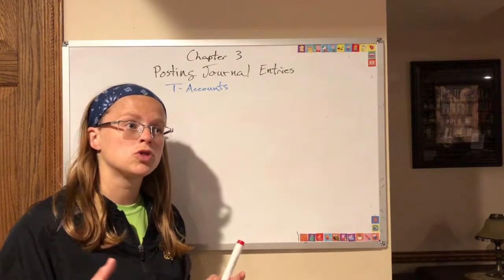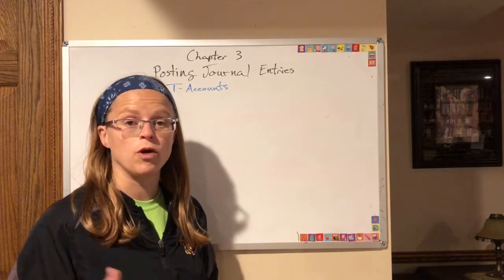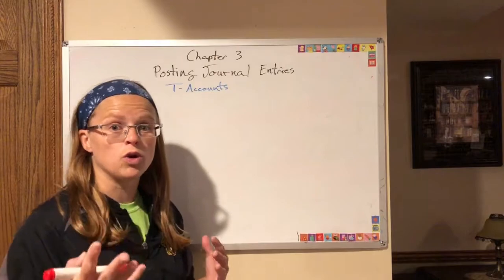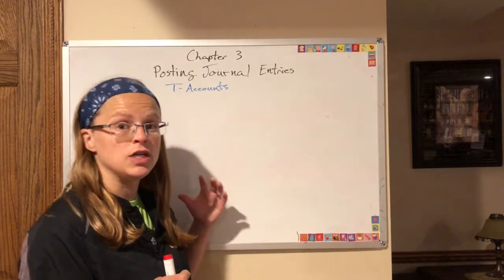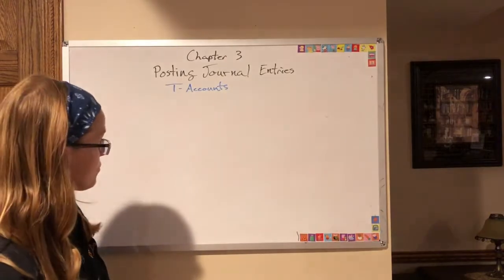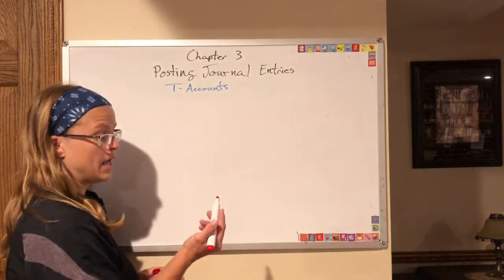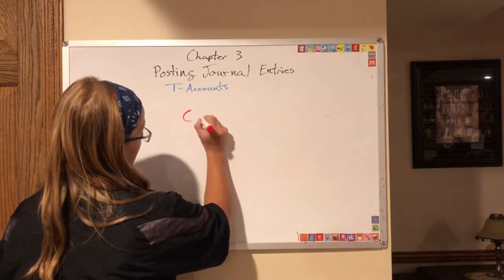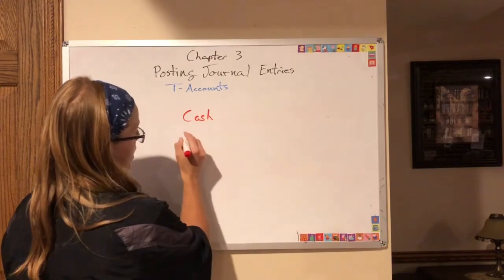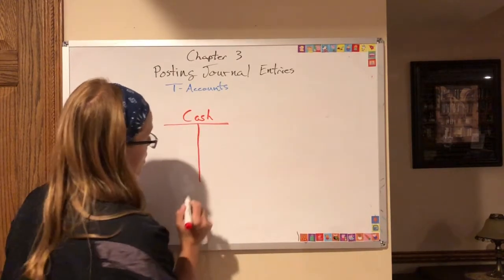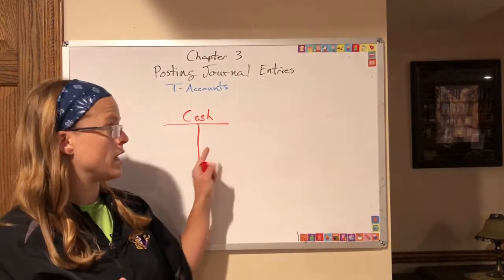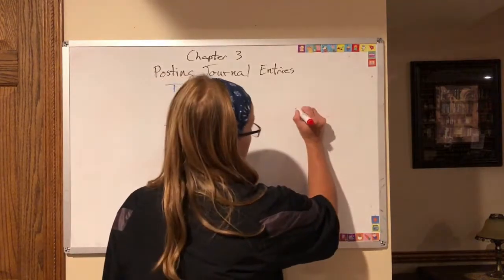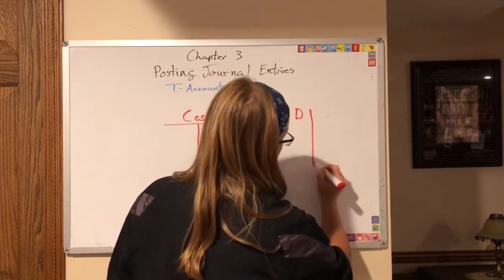Now remember, most organizations use some form of accounting software to keep track of their accounting, but in order to understand accounting, you need to understand what a T account is. Say we're talking about our cash account. A T account shows both a debit and a credit. Remember, debit is always on the left and credit is always on the right. So we have debits, credits,